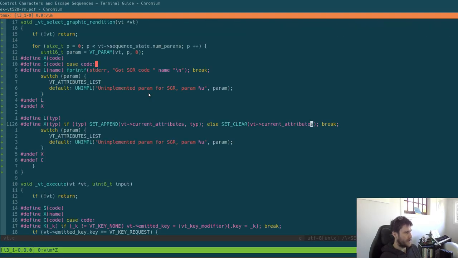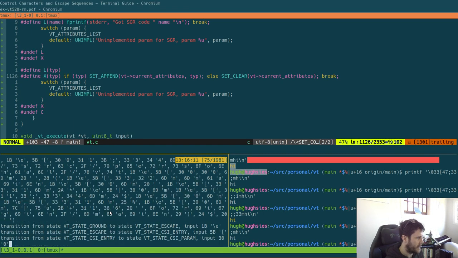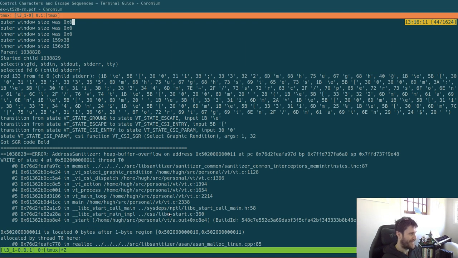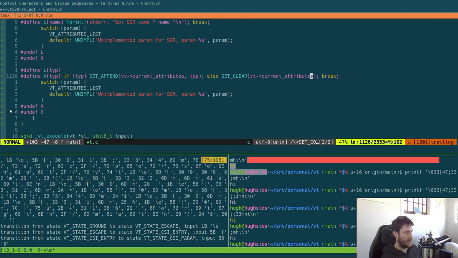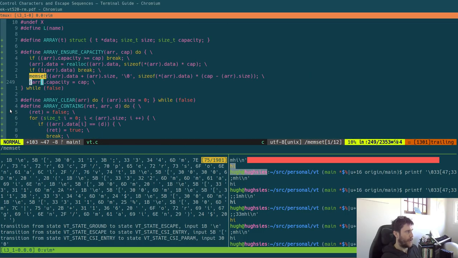This is just crapping out with ASAN errors. Fun. I've been talking a while, and this STR isn't quite working the way I thought. Though perhaps I can do this. And it's just 0 bytes after a 1 byte region. Yeah, I think when we do this memset, we don't want to. When we do this, so